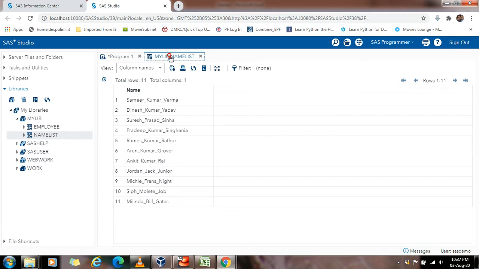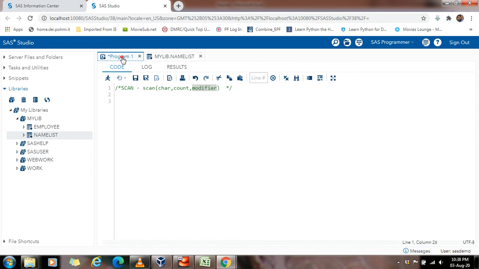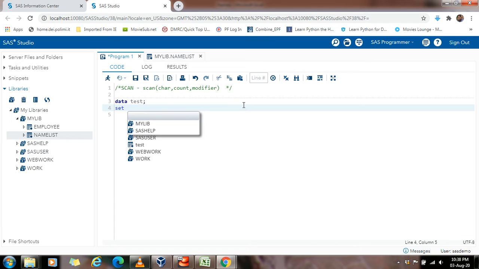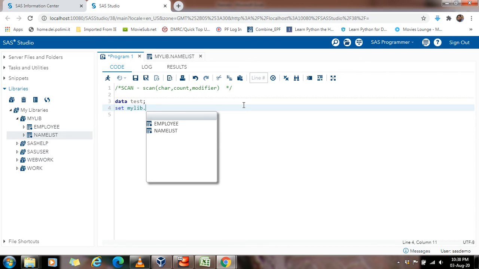So we have the data available over here. Table name is name list, which is under mylib library. So we will just create a sample data set. Data test, then set, and we have our data in mylib, and our table name is name list.